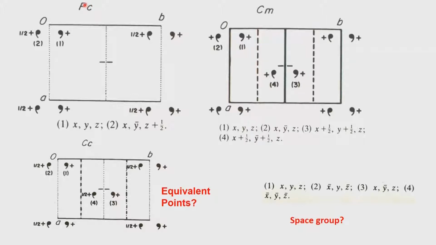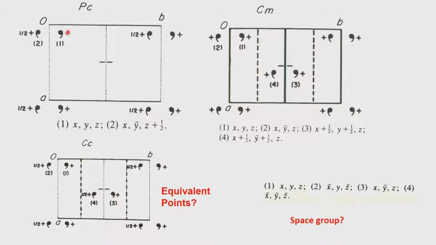Suppose the space group is Pa, then it will move half the distance along the a direction, and I want you to generate in your mind that equivalent point diagram where the space group is Pa, which is also a possibility. The Pc space group has the equivalent point where you generate the mirror and a half translation along the direction perpendicular to the mirror. In this particular case, it is perpendicular to the b direction.